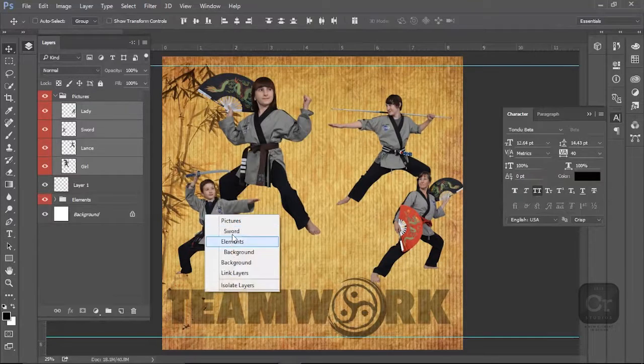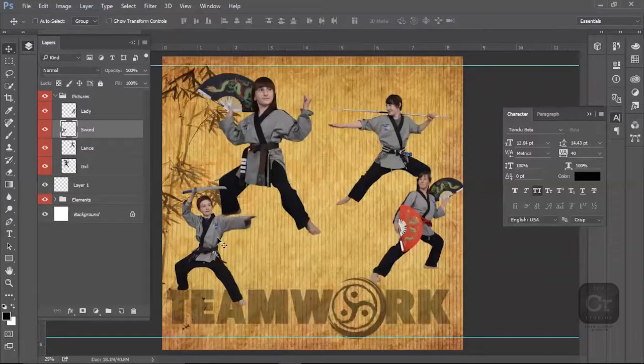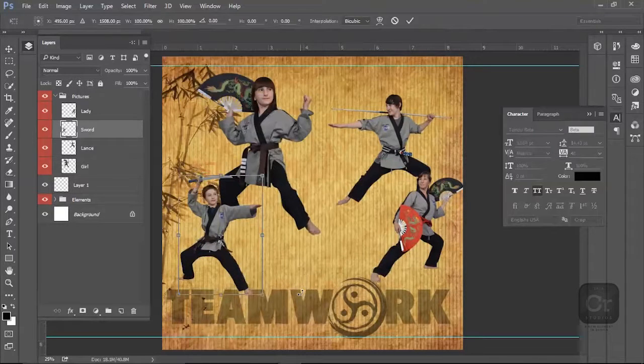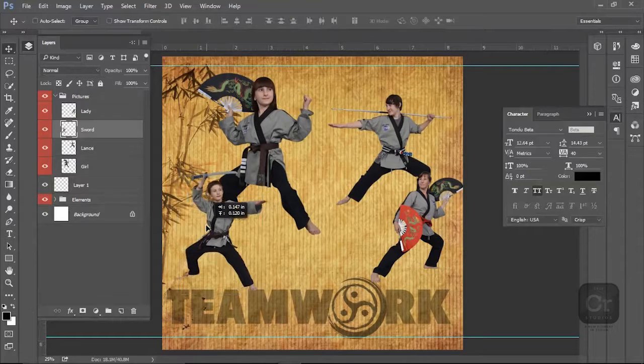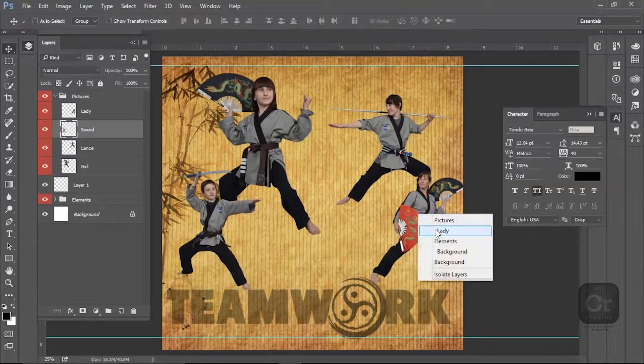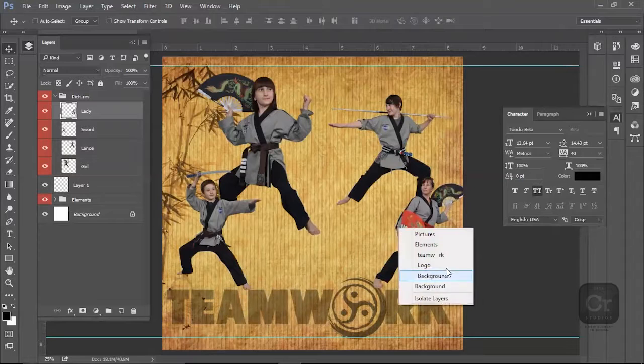I'm actually kind of digging this sword. How can I do this? He's kind of standing on a floor, so you got to imagine that he has a plane that he's standing on, and I'm trying to match that plane. So I'm gonna put his right foot on the front part of the M, and I'm gonna take the same thing for the lady. I'm gonna probably have to move the word over just a little bit,